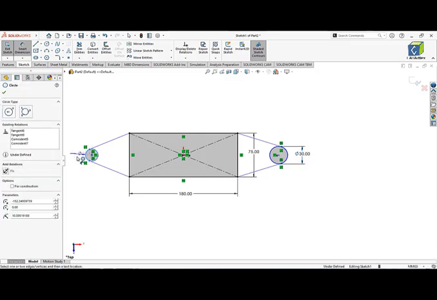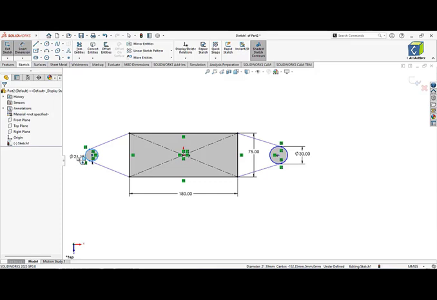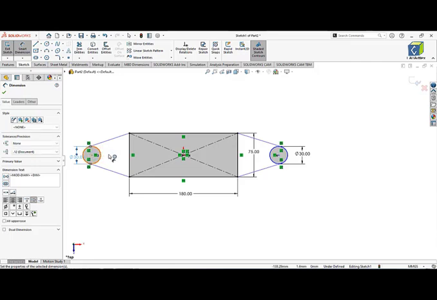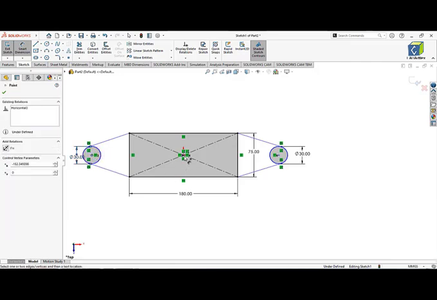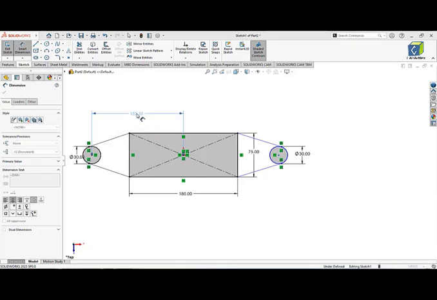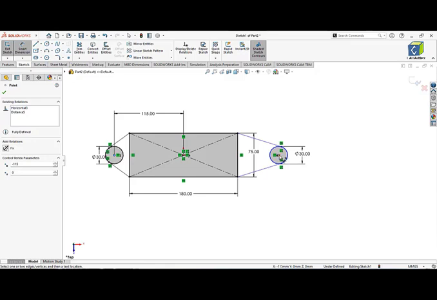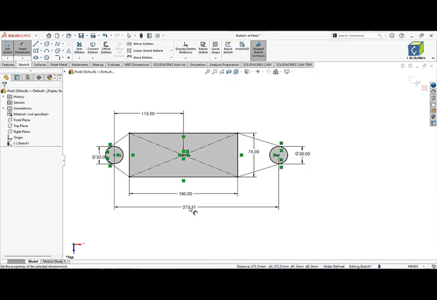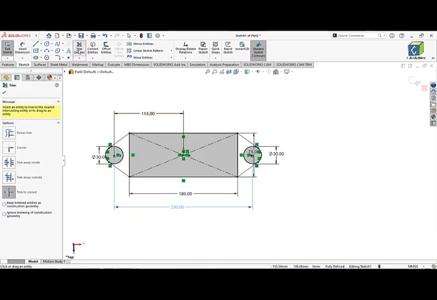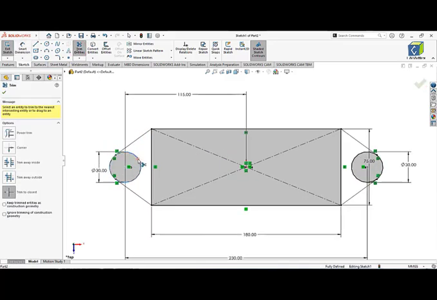Similarly this one. This, and from the center of the circle to here is 115 millimeters, and from the centers of the circle, so this is 230 millimeters. So trim entities, and trim these two